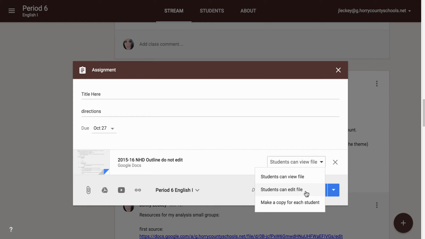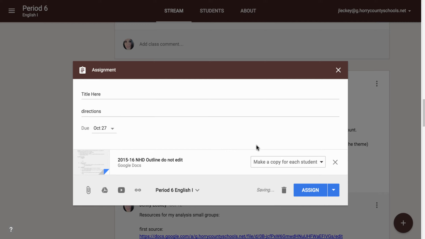So if you are going to do that, I would suggest using the small group feature and making it a smaller amount of students contributing to one document. The best feature that I use all of the time is make a copy for each student. When you do this and go ahead and assign, it actually puts their name on the file name,